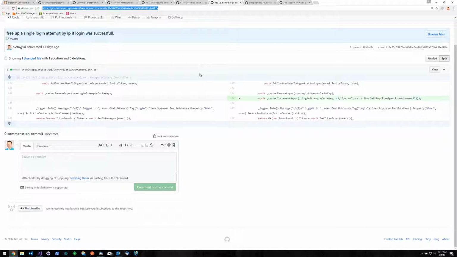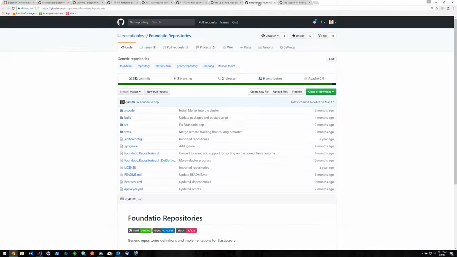We also applied server fixes to greatly clean up user tokens, etc. when you log out. Just a heads up. Moving on to Foundatio.Repositories, we had a bunch of reindexing fixes by Paul,